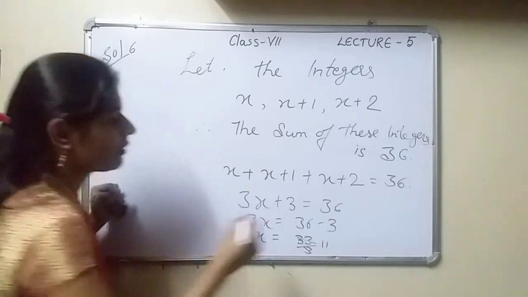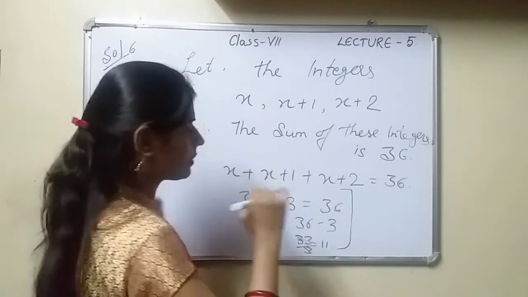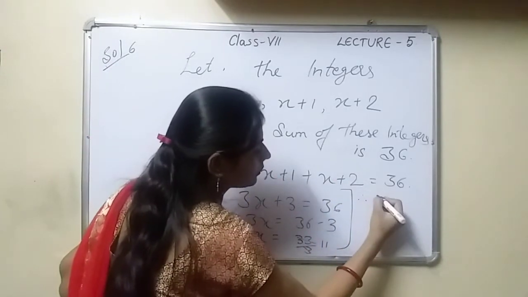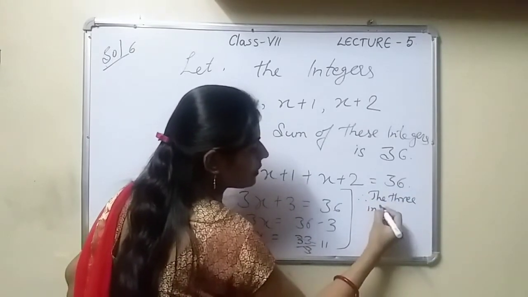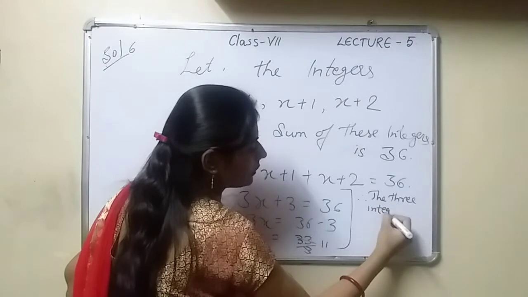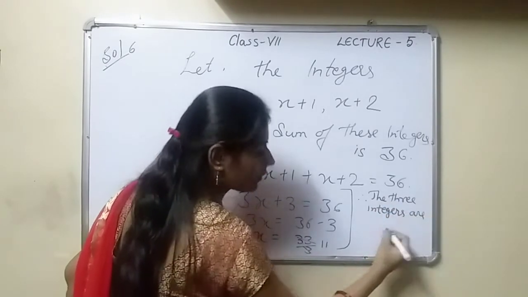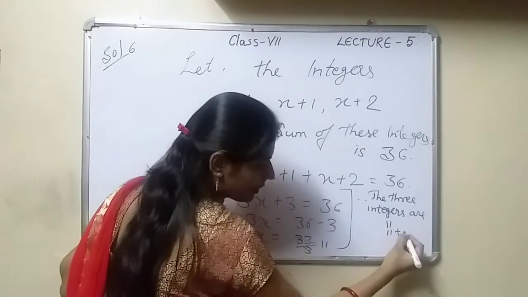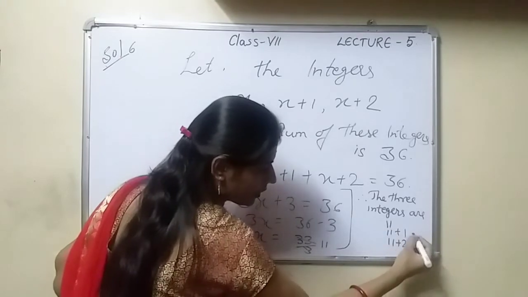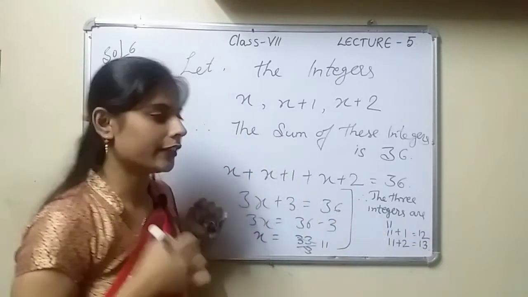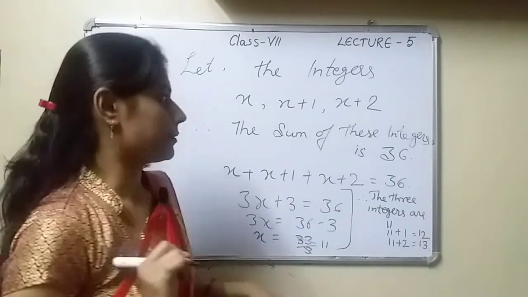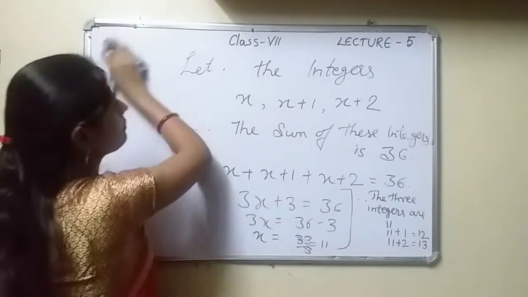Okay, now see what are the 3 consecutive integers. Therefore, the 3 integers are 11, 11 plus 1 is 12, and 11 plus 2 is 13. 11, 12 and 13. Okay, and this is your answer. Now see, question number